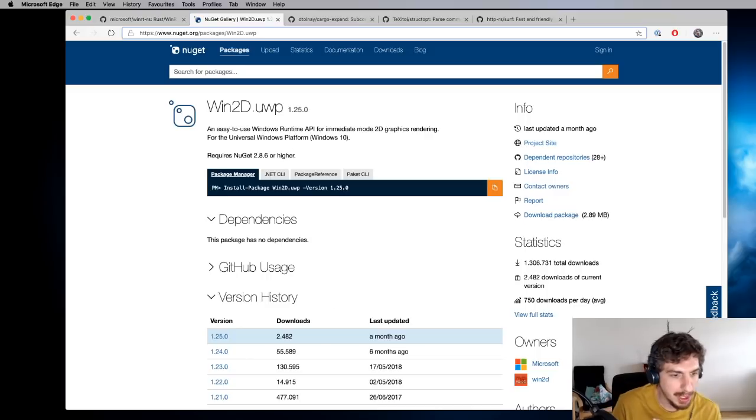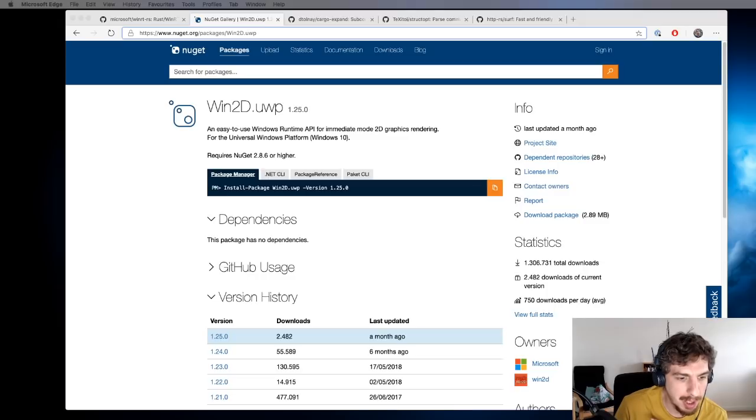Real quick question: the import macro is used by the user of the crate. Does that mean when I build Rust doc, I won't really see all the different APIs like for WinAPI? Yes. So